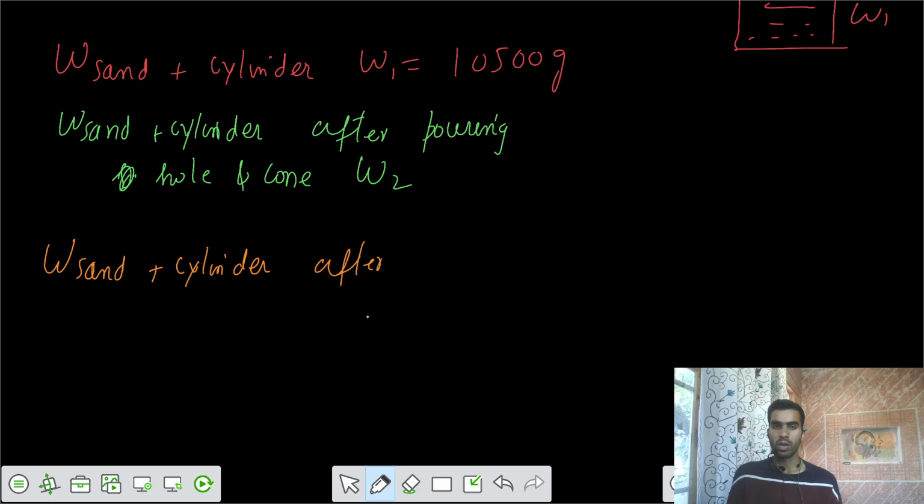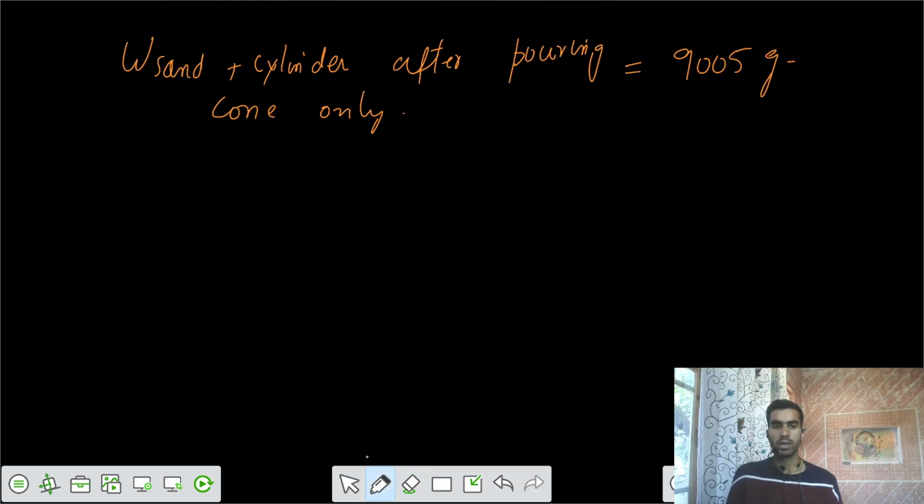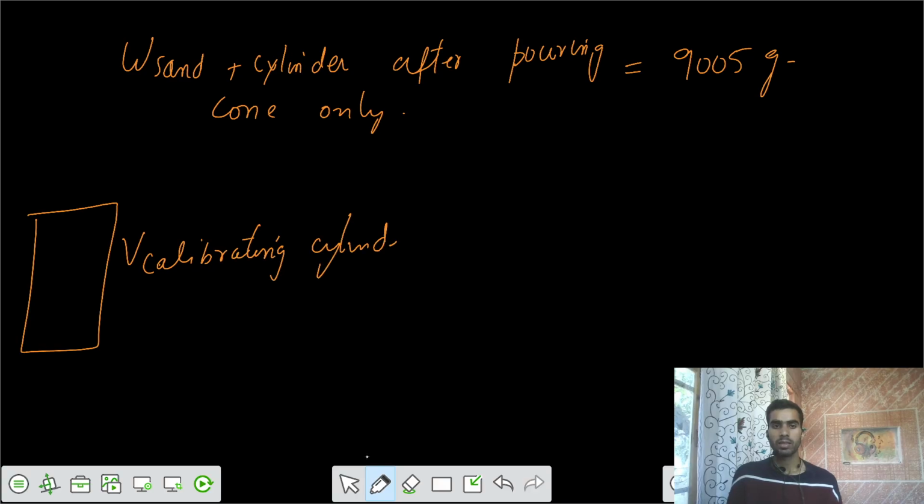after pouring the cone only. If you pour only the cone, how much weight is left now? 9005 grams. And one more part is given: the calibrating cylinder has some volume. The volume of the calibrating cylinder is actually given to you as 1000 cc, 1000 centimeter cube, and the weight of sand in the calibrating cylinder,